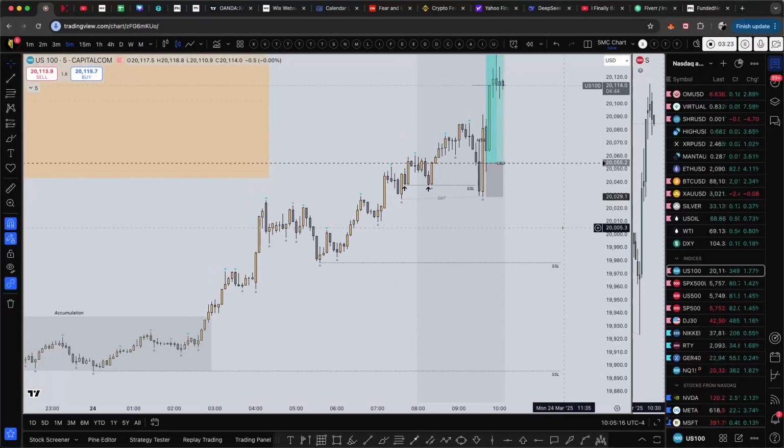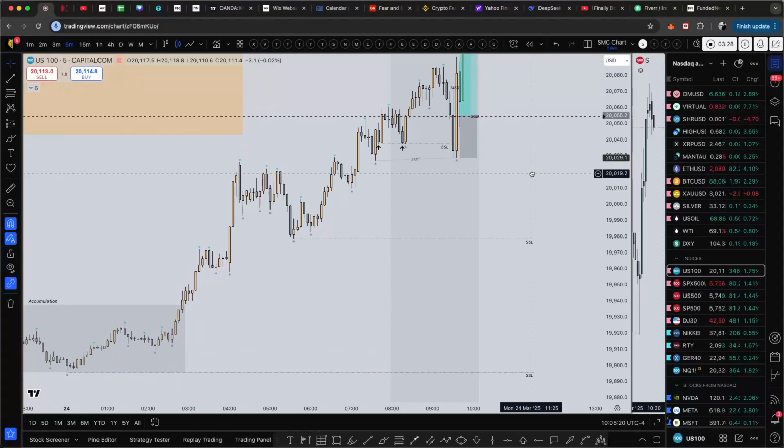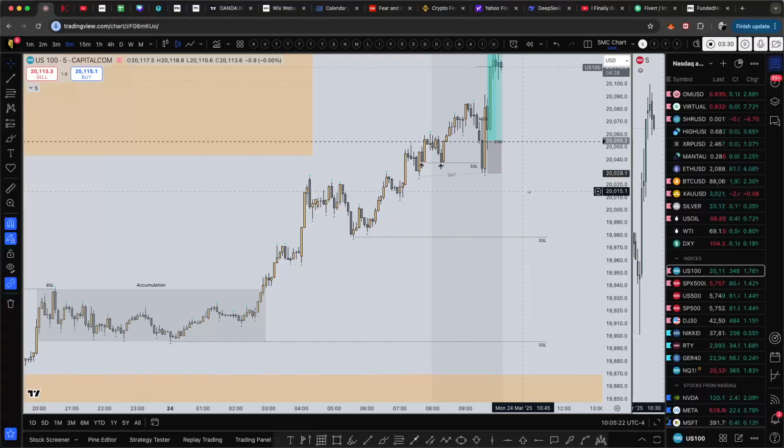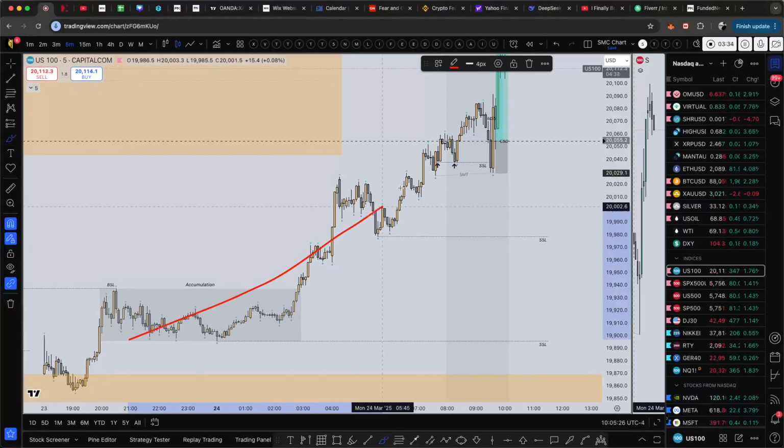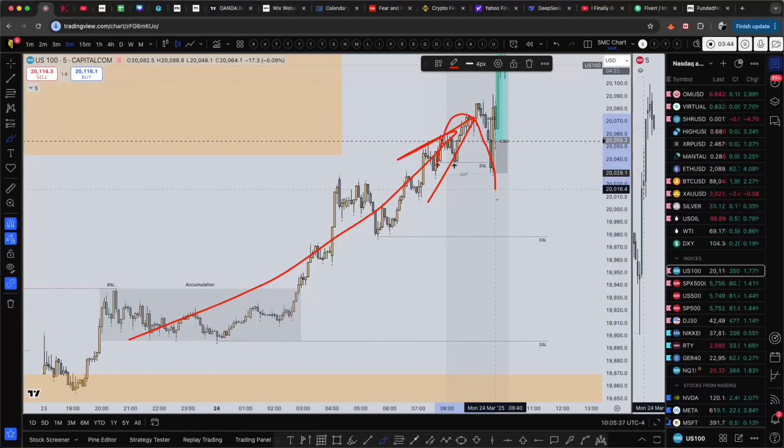And I knew my bias was bullish for today. However, I don't like it at all when we push all night, when we go up all night. So Asian session, London session, keep going. Most of the time, by the time New York session opens, it will actually retrace. It will do a retracement. So potential sells will show up. You know what I mean? So it's difficult to have a clear bias.